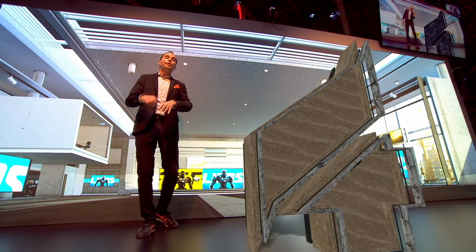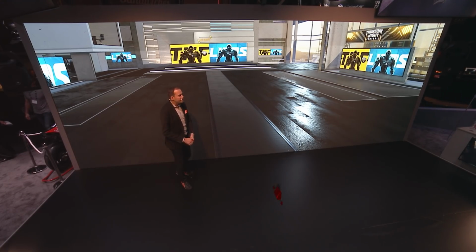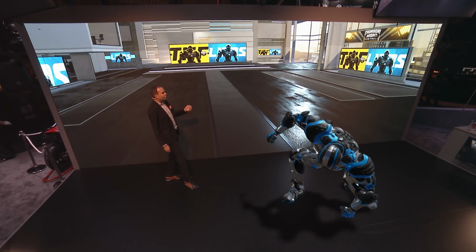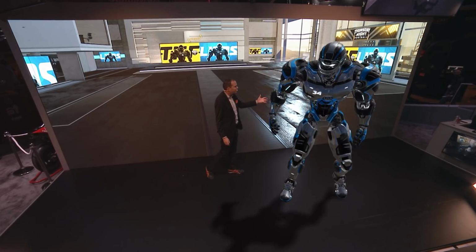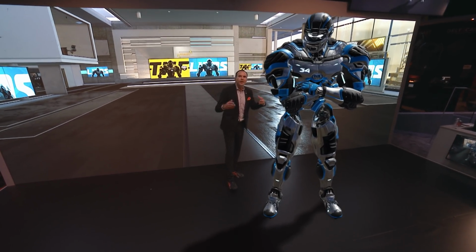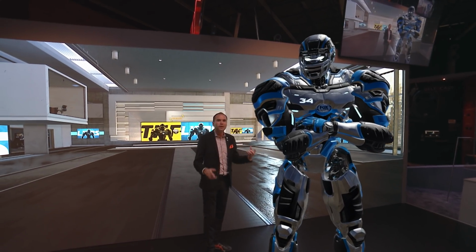But we can also do this for much more complex objects than just these virtual sets and AR. Let's bring in something a little bit more here. How about we bring in our friend Cletus? Here he comes. And bam, right here in the studio, there's Cletus now joining us here in the virtual studio. Now, Cletus here is a very high-resolution, massive 3D model that we've been able to apply all the same features